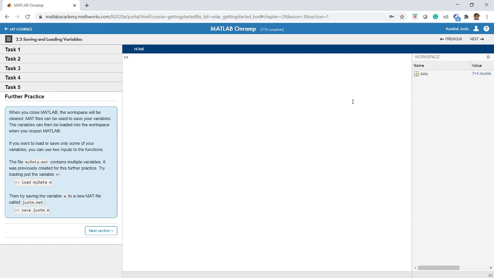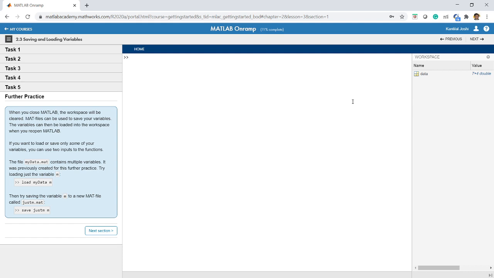When you close MATLAB, the workspace will be cleared. For example, when I close this session and log out, at that time the workspace will be cleared. But if you want to use this workspace later on, you can save it and load it later on, right?